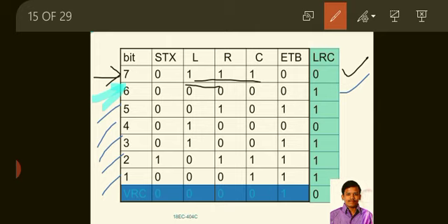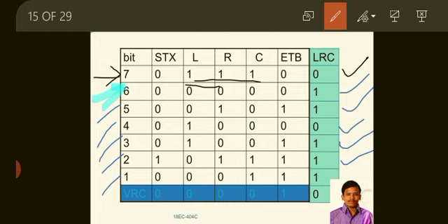If you see the fifth bit, two ones are there, therefore to make it odd parity 1 is added. Like that, in the next row, already 1 is there, therefore no need to add an extra bit, so 0 is added. Next, the third bit, also two ones are there, so to make it odd parity 1 is added.